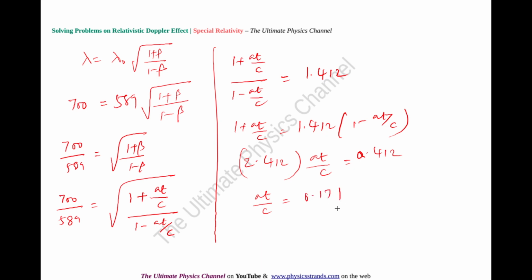0.171. I know acceleration is 29.4 meters per second squared. So I need time alone, t. So t is equal to 0.171 times c over a. If I do that, I get t as 1.74 times 10 to the power 6 seconds. So it is roughly about 20 days, 20.14